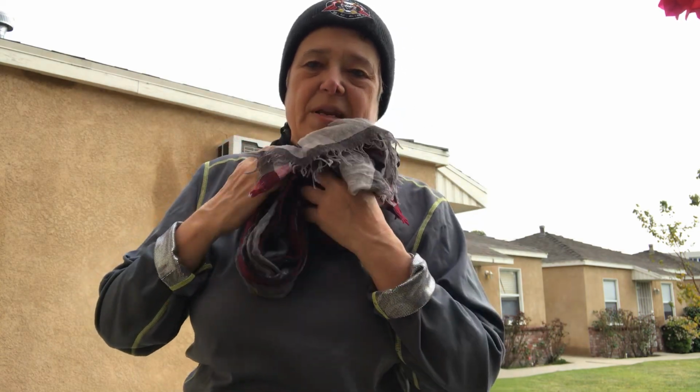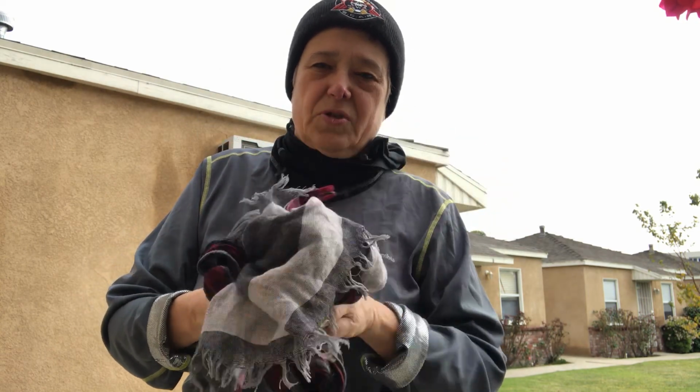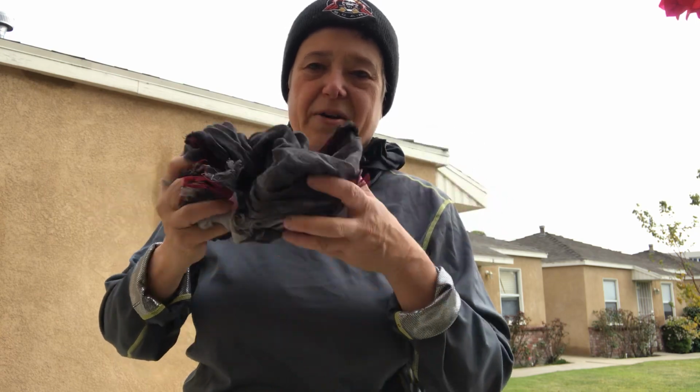Now, when I wear this around my neck, it's equivalent to wearing a wool sweater, so I don't need to bring that bulky sweater, and it's a multi-use item. So scarf is next. Now, I would wear a buff in the desert, but instead of a buff,